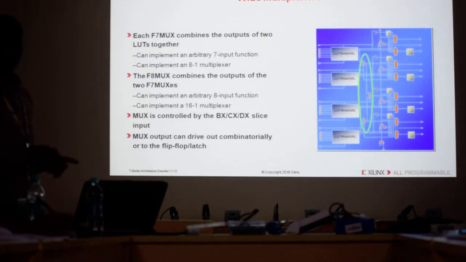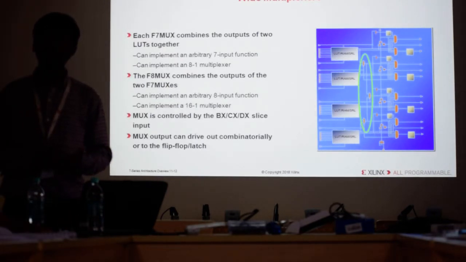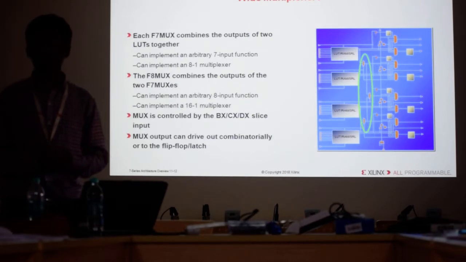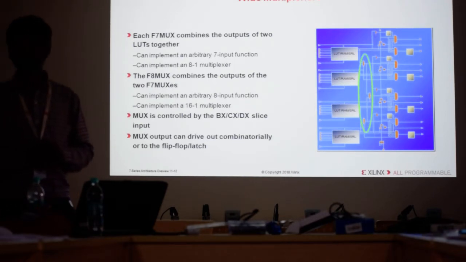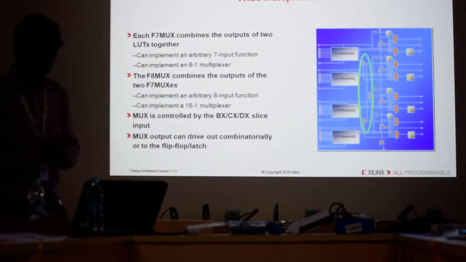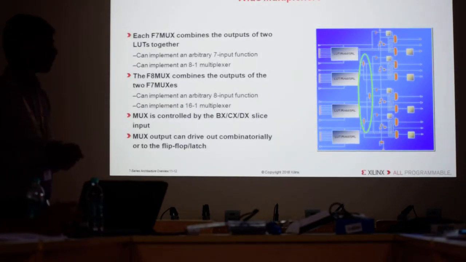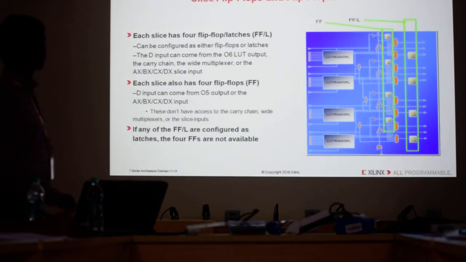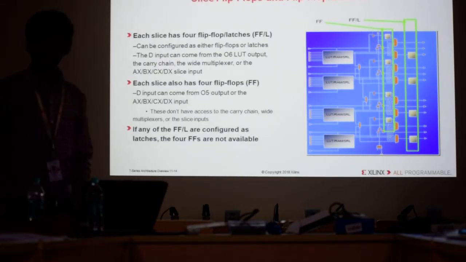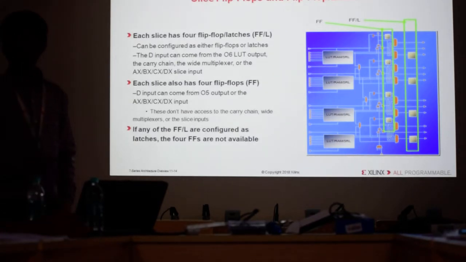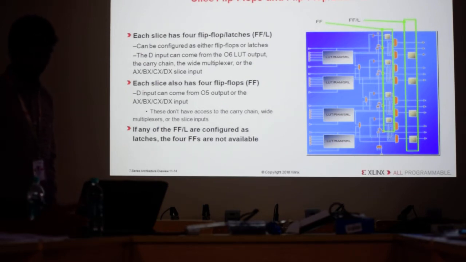So one slice consists of how many LUTs? No. It's 4 LUTs, each of 6 inputs. In a slice, you have 4 LUTs. How many flip flops are there? In the next section you see, counting, 4 flip flops are there. And in the next section, what is there? Here you can see. Now, in a single slice, how many LUTs are there? Lookup tables, 4 lookup tables. How many flip flops?